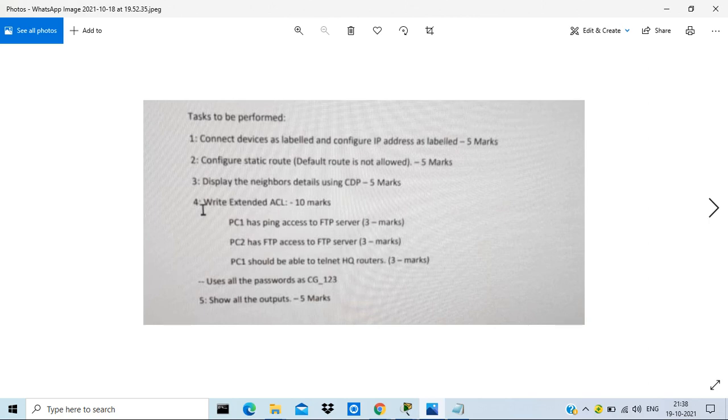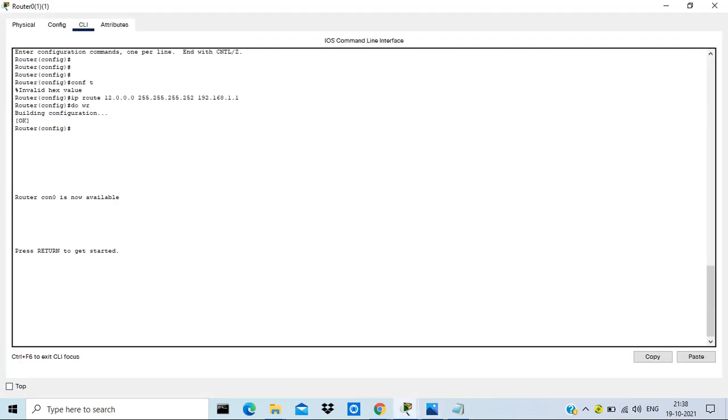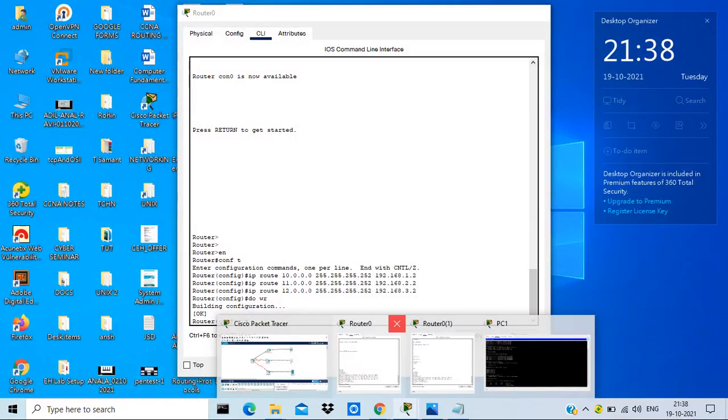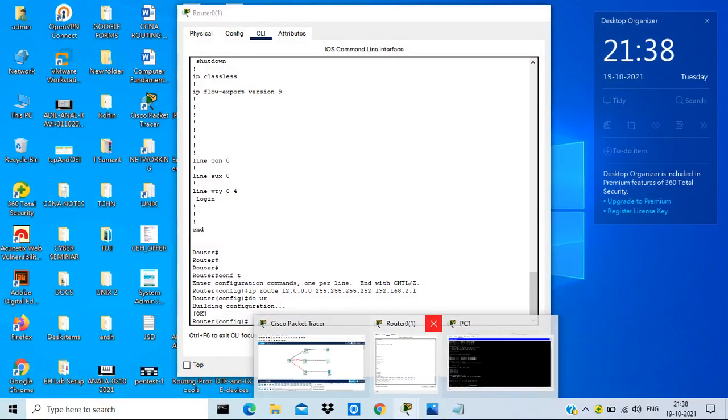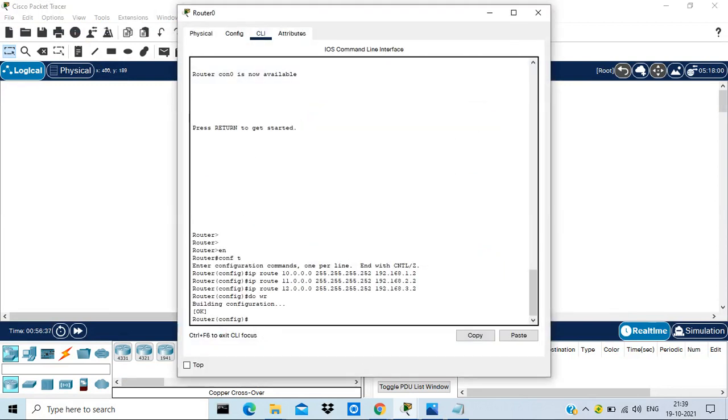Static routes we have added, so we can check it with each of the configurations. You can go and give a show run. So let me open one by one. First I'm going into the head office router, and here we have just added these three routes.